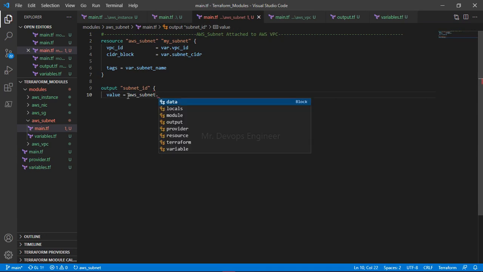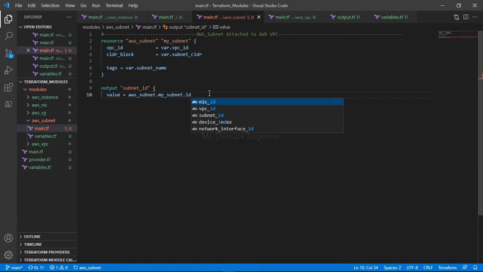Subnet ID. I think you must check the keyword on Google once. I think it gave me this from the IntelliSense, so I'm using this only. So this is the subnet ID, correct?